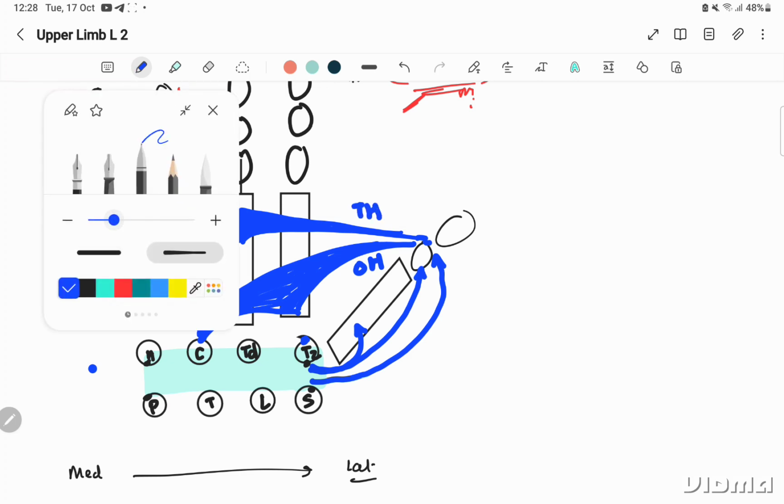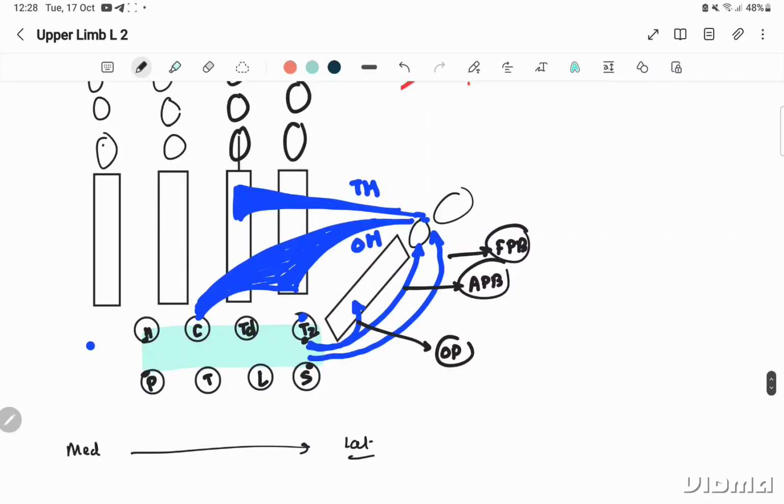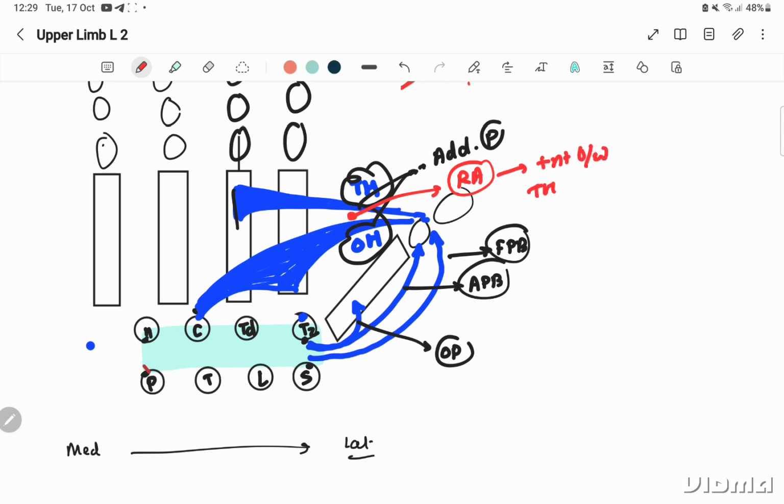So let me label all the thenar muscles. This muscle is the opponens pollicis. This one is the abductor pollicis brevis. This is the flexor pollicis brevis, that is a bit laterally present, and the two heads of this muscle are adductor pollicis. This is a transverse head, and this is the oblique head. And the radial artery is present between the transverse head and oblique head of adductor pollicis. Okay,